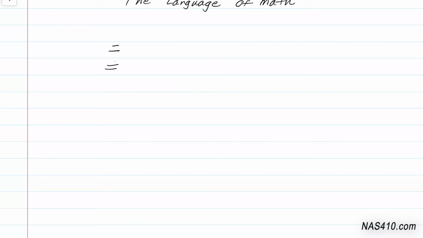Then you also have this symbol here called the inequality symbol, which essentially means that two things are not equal to each other. So, for example, I could write the statement 7 does not equal 8. Okay, these two things are not equal, and so this is a true statement. You have this symbol here,